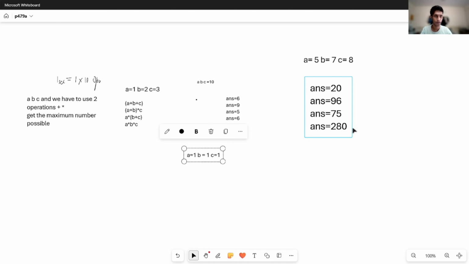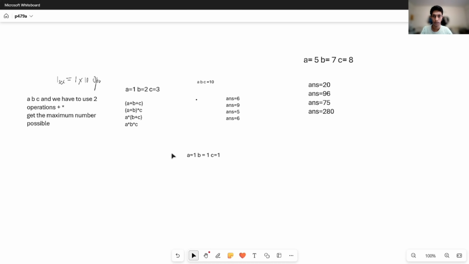So what we are going to do is that we'll check all these four test cases, and check on which one we are getting the maximum value. Let's say I'll first initialize a variable called answer. I'll use the first case in it and put a maximum value of it,